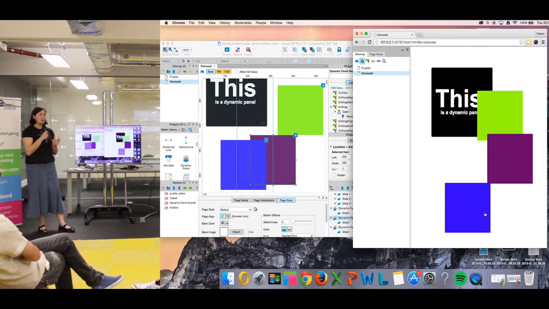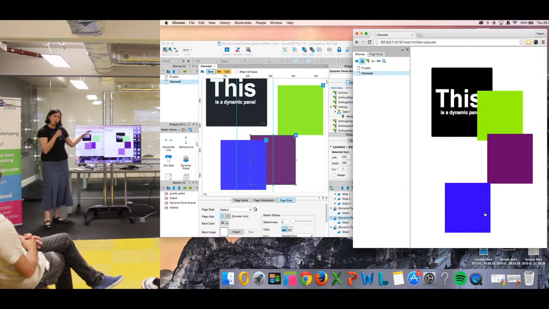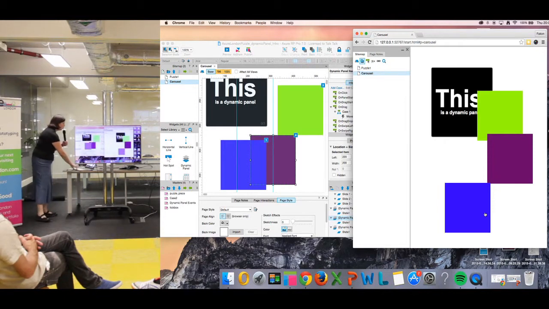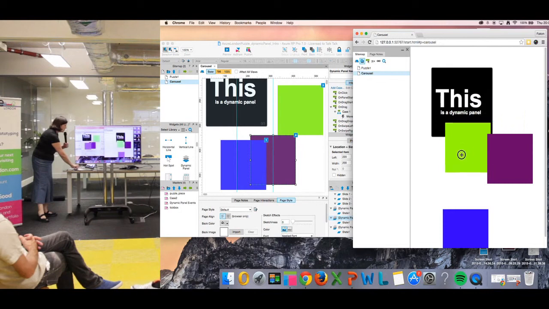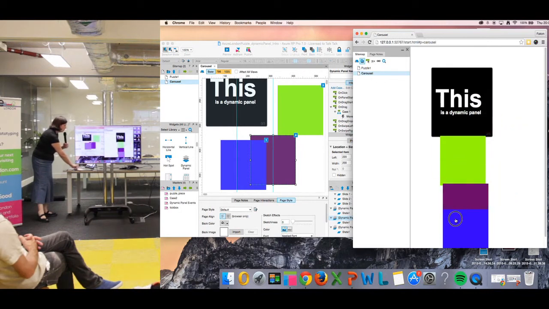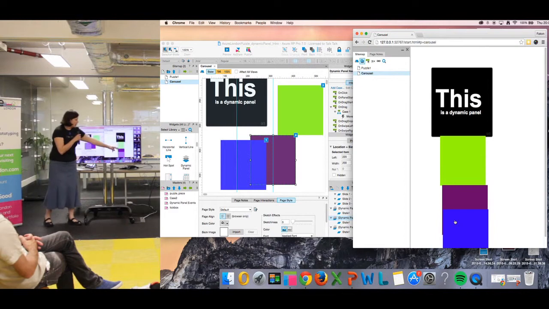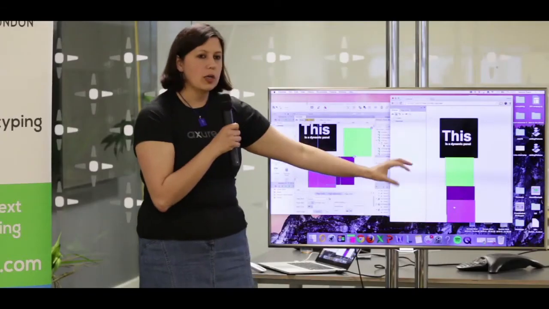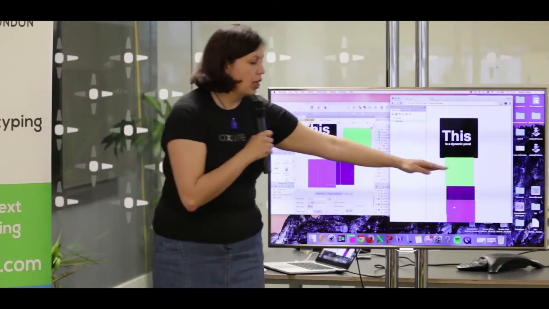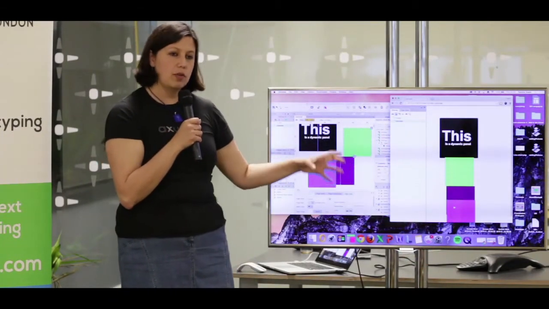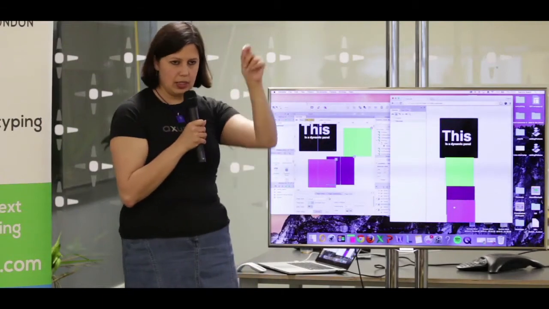it has its limits. There's a moment where it just completely falls apart, and part of the problem is that at this level you can push and pull everything because they're all on the same page, but that push and pull is not honored in a nested dynamic panel. Really long story short. What I mean by push and pull is, imagine that, this is a really good example, and I'm not gonna go too deep into this, but imagine that this was very, very short, and then the next slide, remember, goes bigger. You can actually, for free, push everything down in Axure if you set up the right ticks